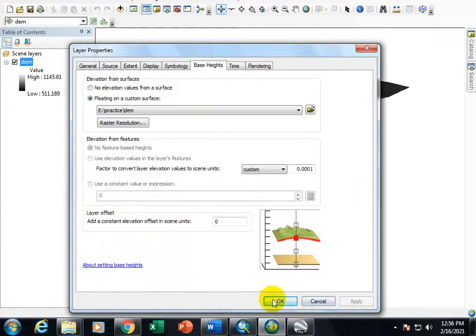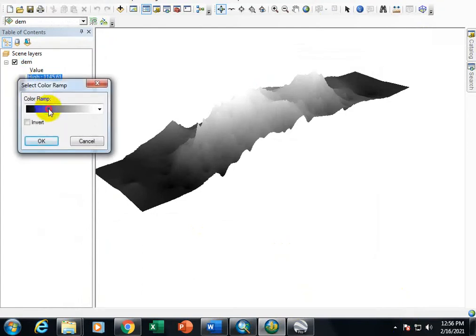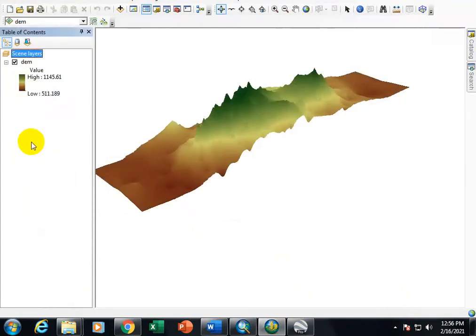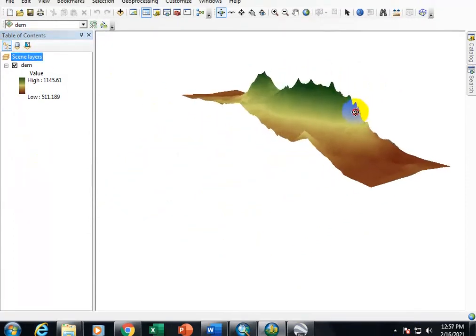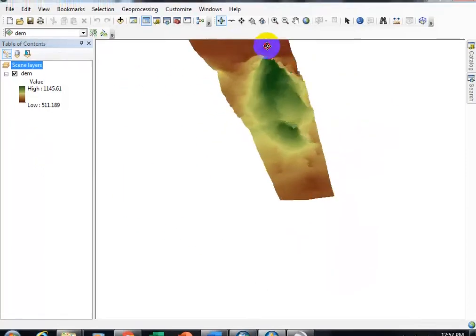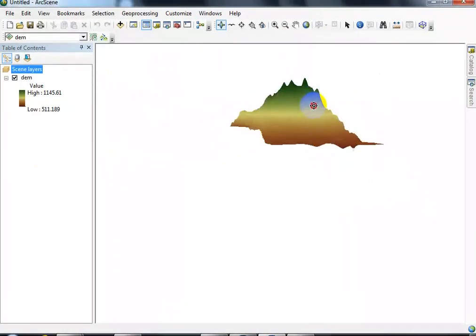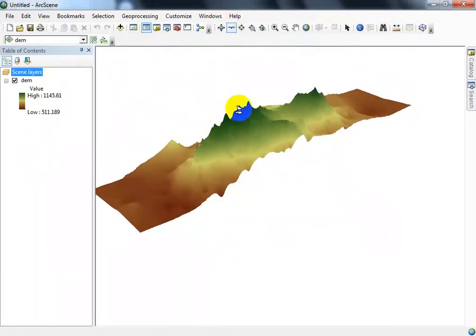See, I'm going to change the color, how it looks. This is the resultant. Let's fly, how it looks.